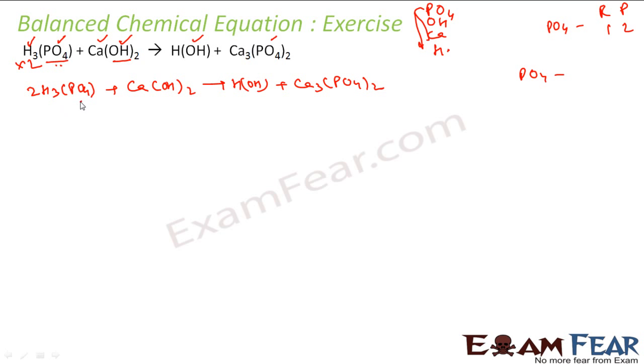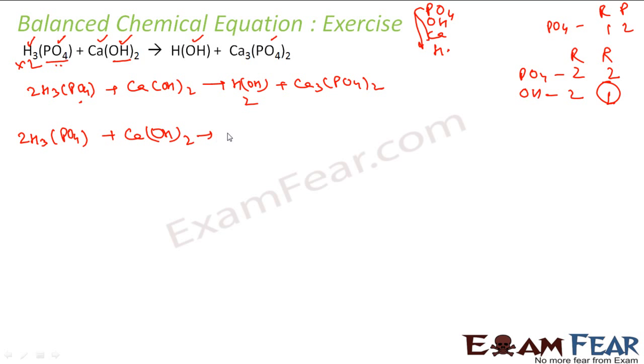Now again let's compare. So PO4 we have 1 into 2 here. Here also we have 2. So PO4 is balanced. Now we'll see the OH part. OH part we have 2 here, reactant. In product we have only 1. So that means this guy is also not balanced. So let's multiply this guy with 2. Correct. So what you get here is 2H3PO4 plus CaOH2 is equal to 2HOH